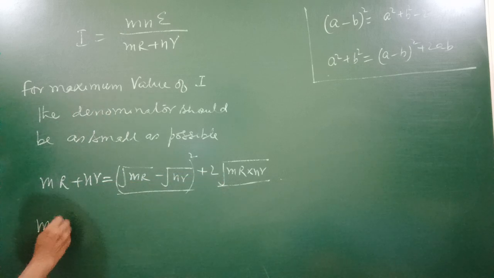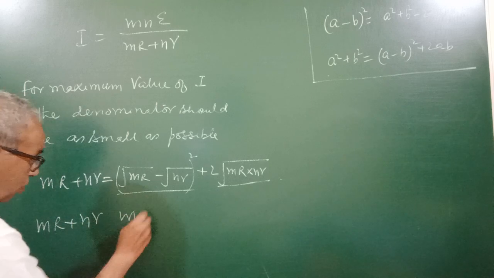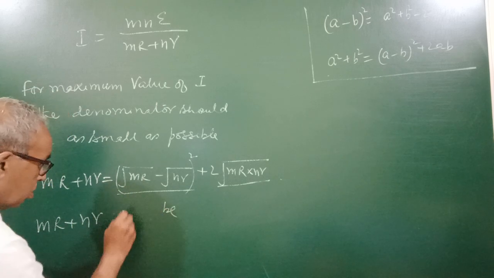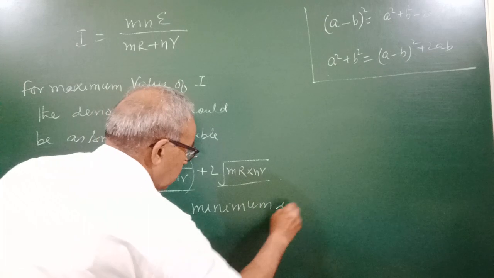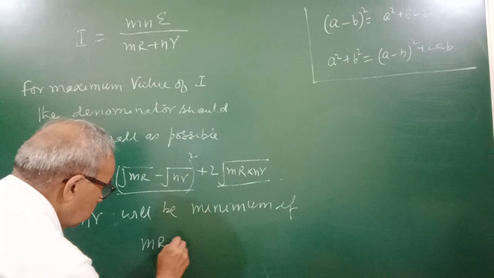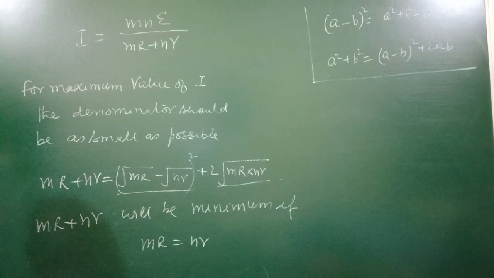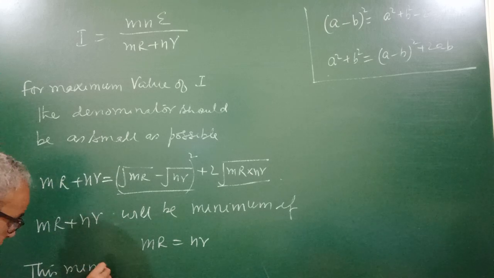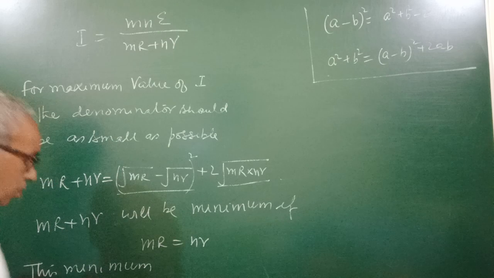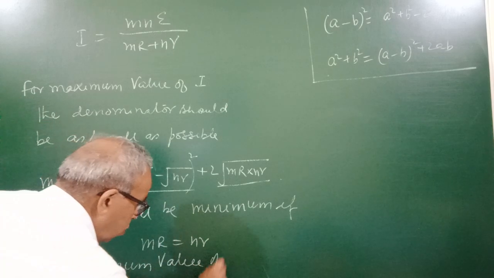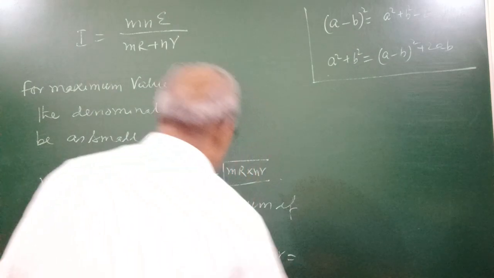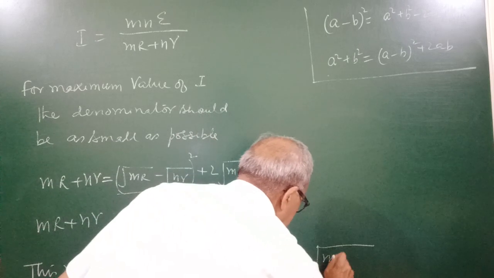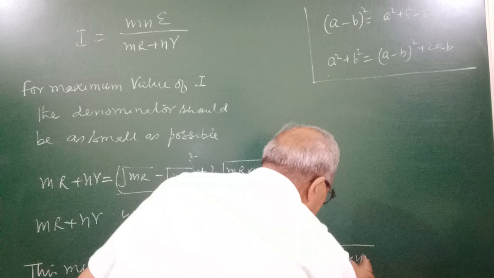So here MR plus NR will be minimum if MR equal to NR, and that minimum value of MR plus NR will be 2 under root MR into NR. But MR equal to NR,